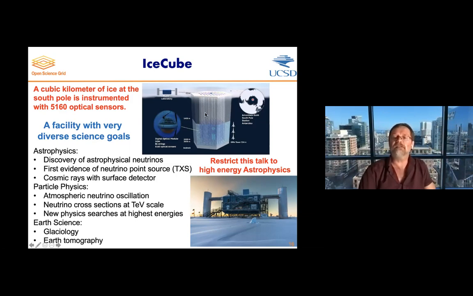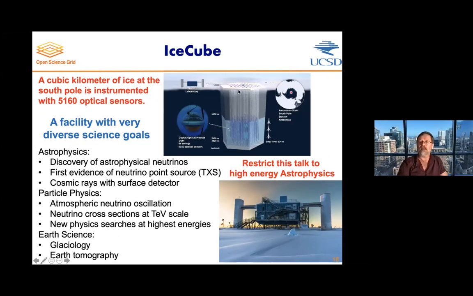So how do you deploy this? Imagine a few of these phototubes on a string. You then bore a hole into the ice with a hot water drill, effectively. And as you melt the ice, you let these strings sink into the water of the melted ice and lower them down, somewhere between 1.5 kilometers and 2.5 kilometers.